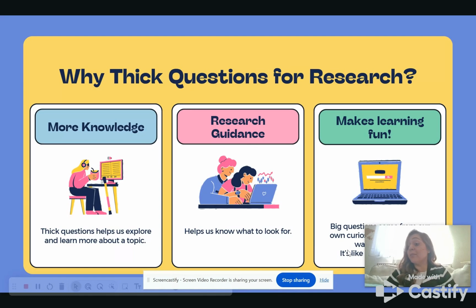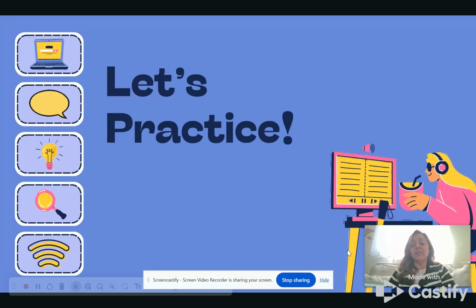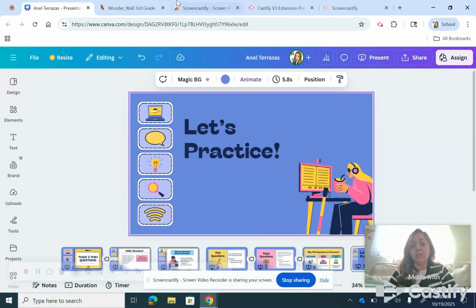Also, it makes learning very, very fun. Creating a question is kind of like going on a scavenger hunt, so you can treat it like a game where you find the answers to all your curiosity, to all the questions you have. So let's go ahead and start practicing how to use those